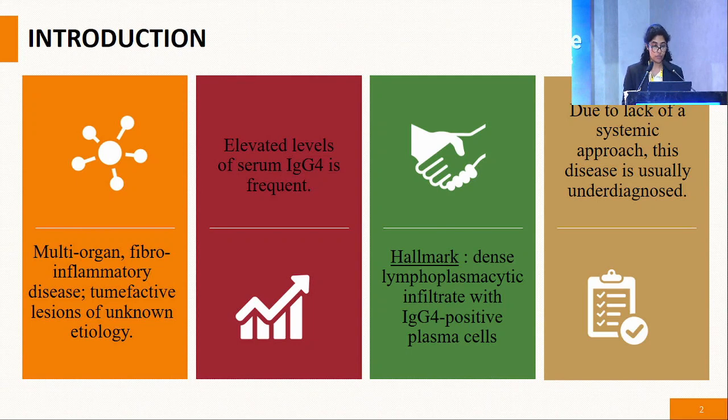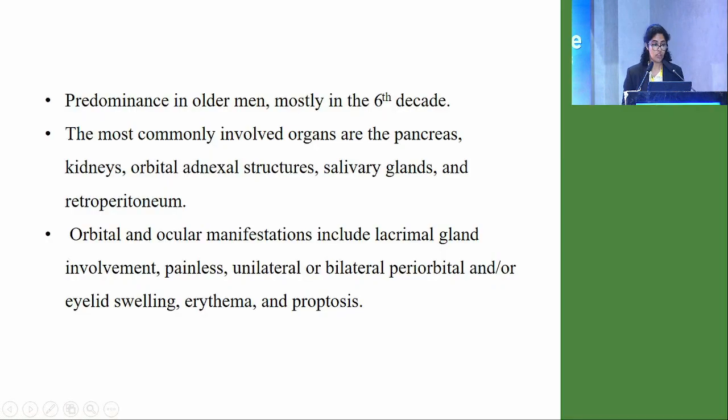It is associated with elevated levels of serum IgG4, and the hallmark of this disease is a dense lymphoplasmacytic infiltrate with IgG4 positive plasma cells. Due to a lack of systemic approach, this disease is usually underdiagnosed, and the predominance is more in older males in the 6th decade, with the most common organs involved being the pancreas, the kidneys, the orbital adnexal structures, salivary